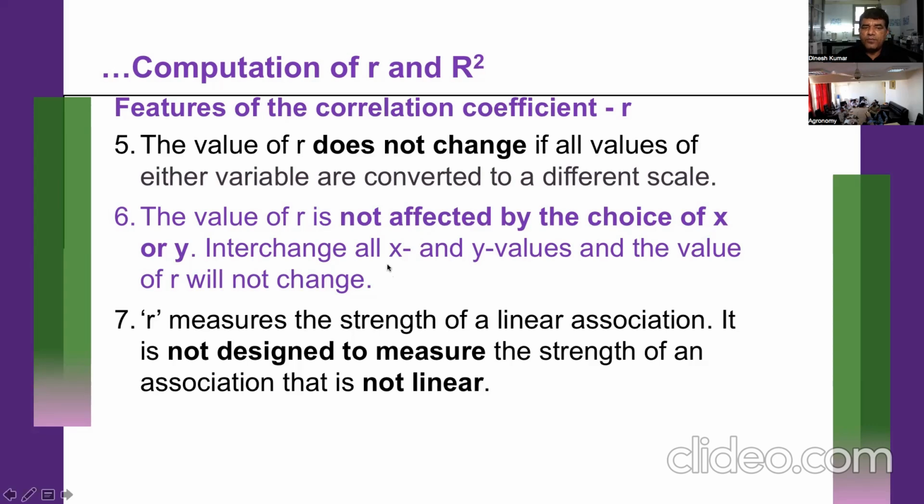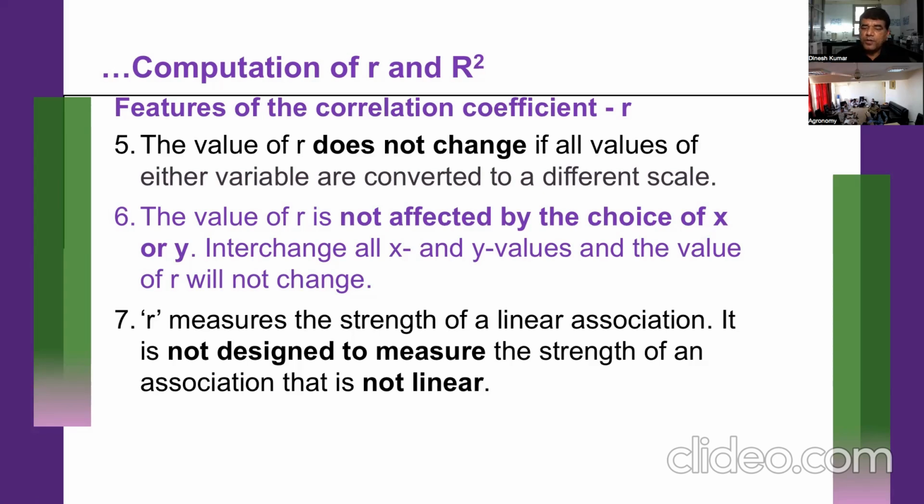So interchange of all X and Y values and the values of R will not change. R, the correlation coefficient, measures the strength of a linear association. It is not designed to measure the strength of an association that is not linear. Suppose there is a curvilinear relationship, a quadratic relationship, we cannot have a linear correlation coefficient initially, but we can get it after linearizing the